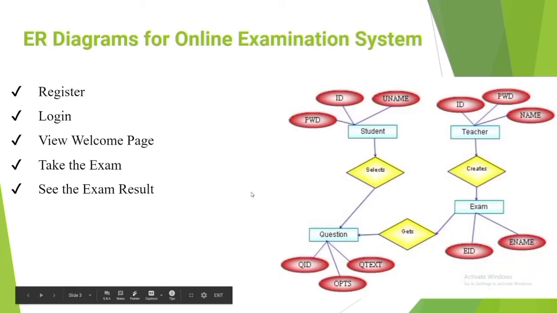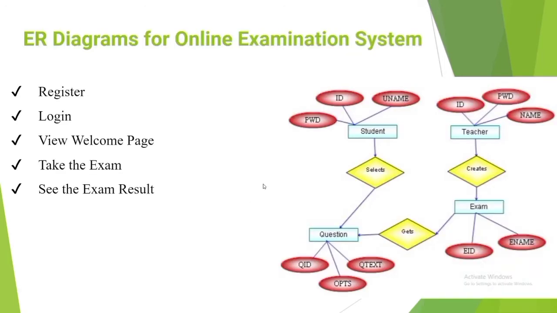A diagram for my online examination system. Now we can see who will use our portal, like the students and the teacher, and the teacher would be the admin basically, who will add the questions and who can delete the questions, whereas the student can only give exams and view the result. We have their username, ID, password, and teachers will also have their own username, ID and password. For the exam, for every question there will be a question number and a question ID, the question text we'll be putting in, and the options as well.